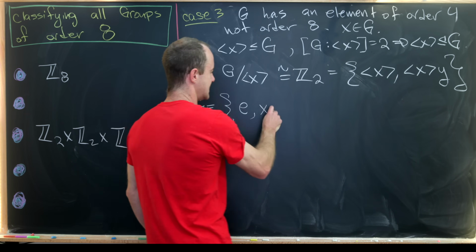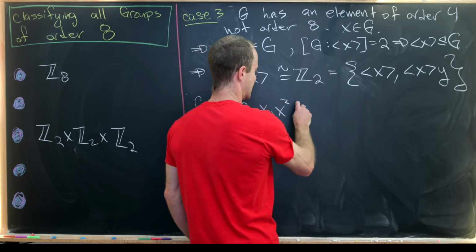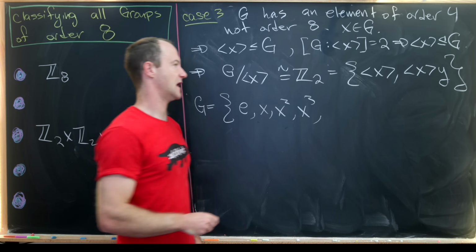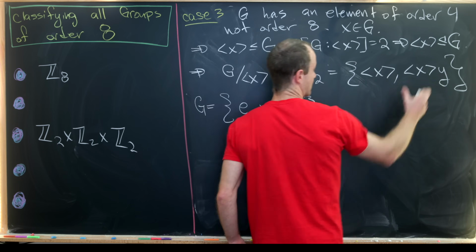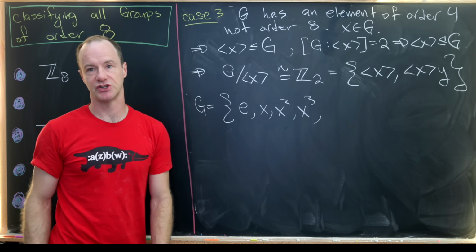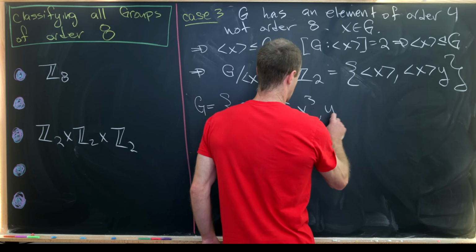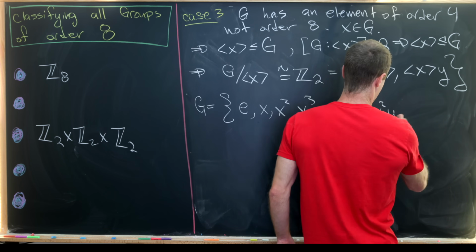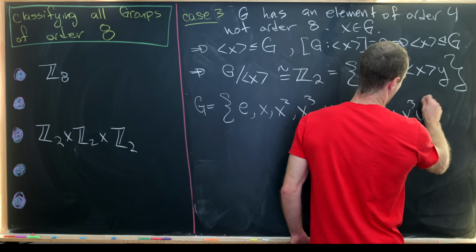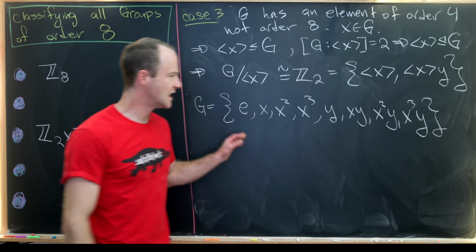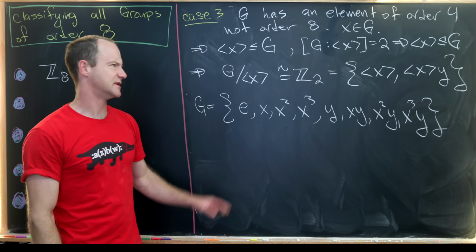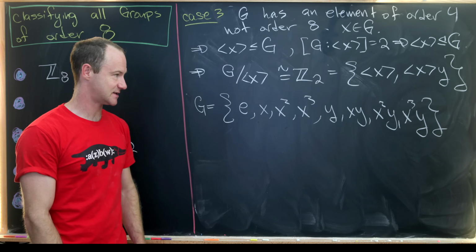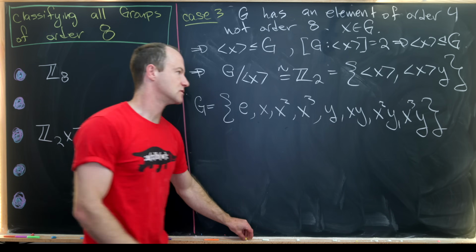Okay, so we also can say that G has the following elements. It has the identity, X, X squared, X cubed. So that's the cyclic subgroup. And then it has this bit over here as well, this right coset generated by Y. So that'll be Y, and then XY, and then X squared Y, and then X cubed Y. And those are 8 distinct elements, again, by some stuff that we know about cosets partitioning a set. Okay, so let's note that